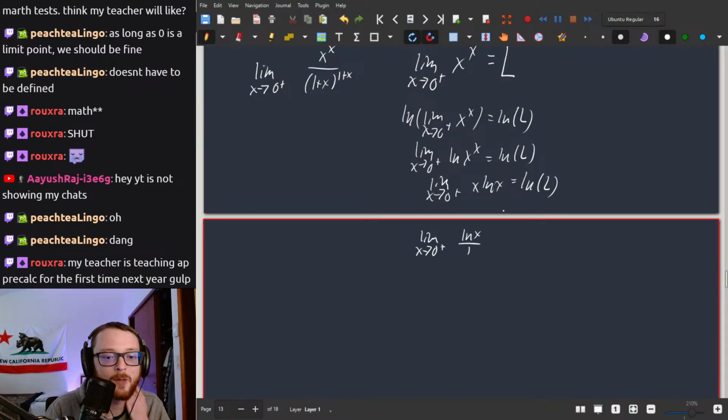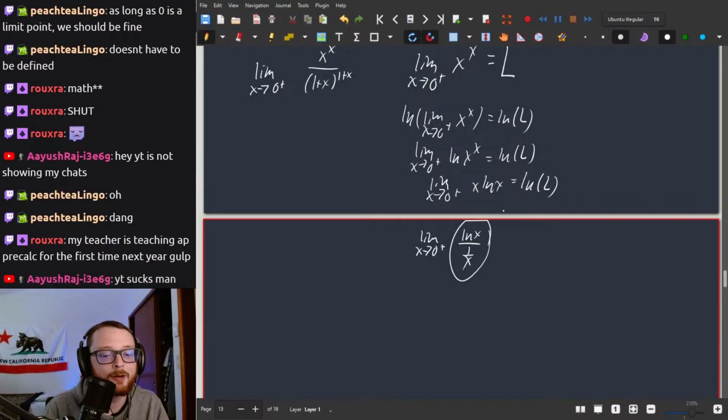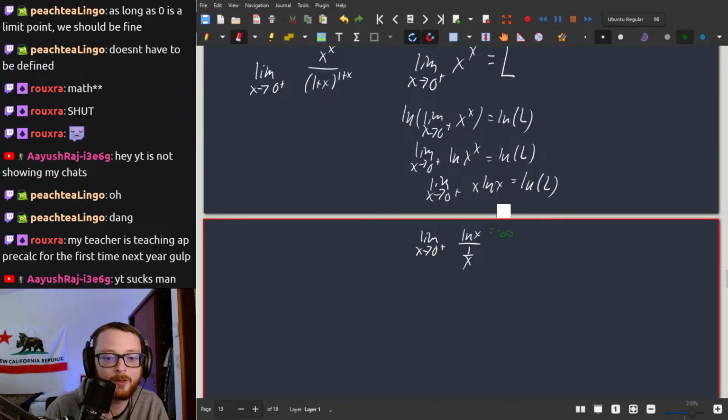Oh, yeah, we do need L'Hopital's for this, I guess. So the point is I've written this function in a way where the top is negative infinity and the bottom is infinity, and infinity divided by infinity is considered an indeterminate form. I think I'm not going to get 1 out of this is a problem. Oh wait, well, we want 0 actually. That makes sense. Okay. And so when you have an indeterminate form, you can apply L'Hopital's rule, and all that says is